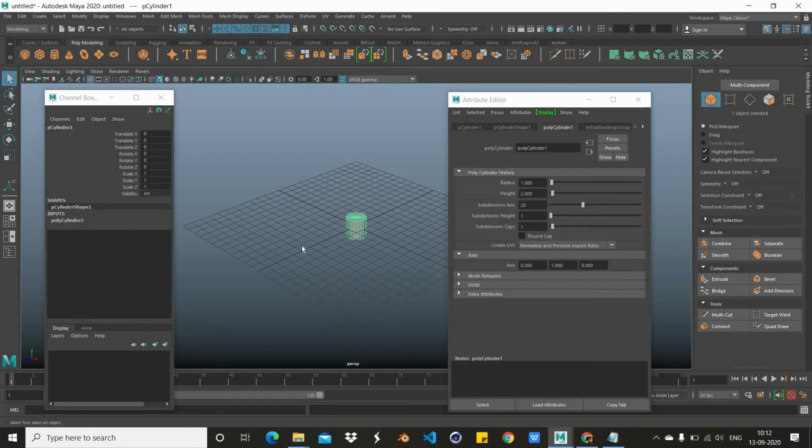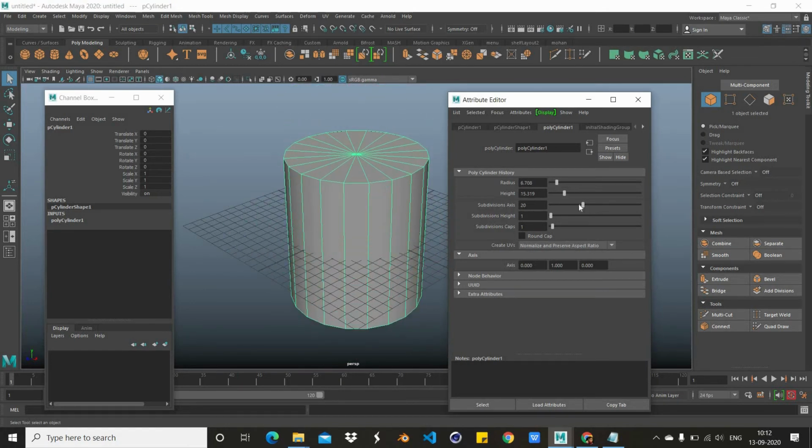Just click the tab. See the parameters. We can adjust here, and this is the radius, height, subdivision axis, and the subdivisions height, subdivision caps.